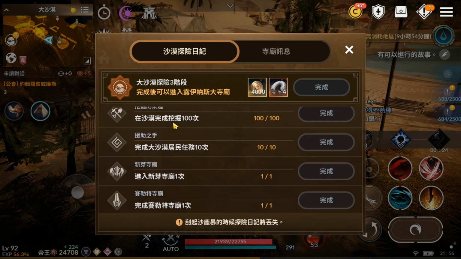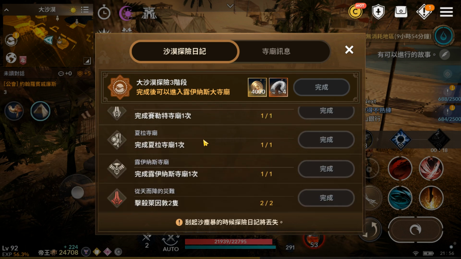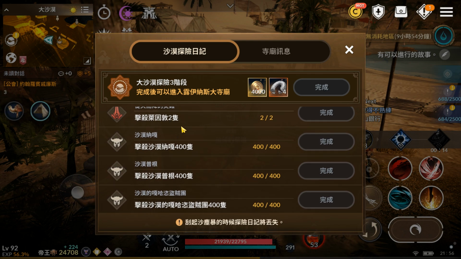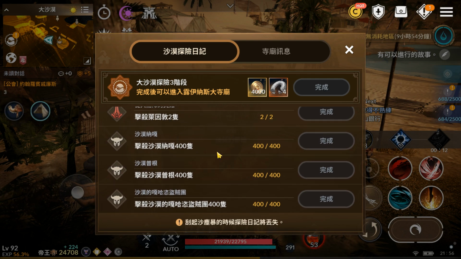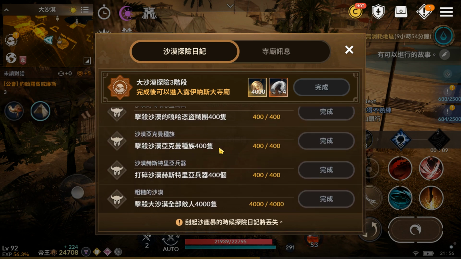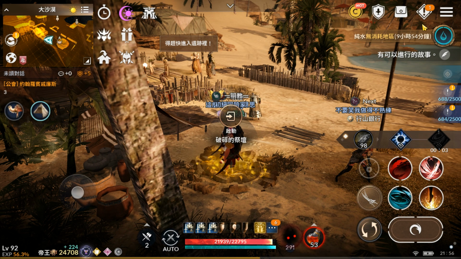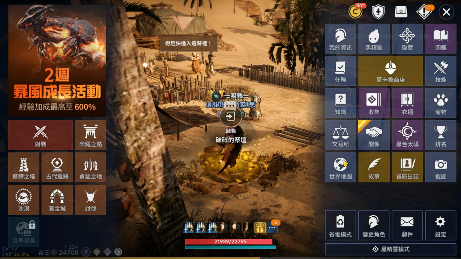There are other things like doing a total of 100 times of excavation, finishing 10 times of the quest, entering specific temples, defeating the world boss 2 times, the desert boss 2 times, and killing 400 of each type of enemy, and 4,000 in total. So this grants you access to the Grand Temples,